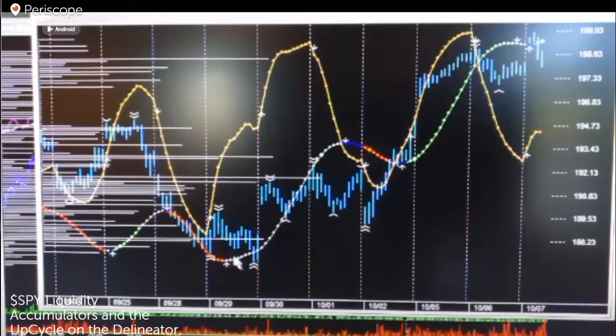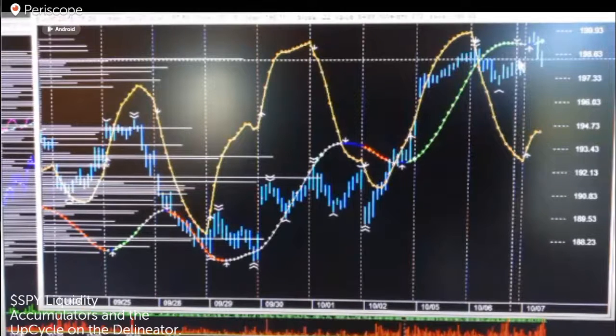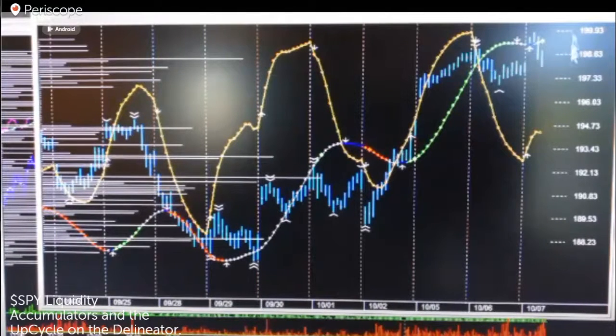When the primary delineator turns up or down from an overextended level, which is a measured amount, in this case anything over plus 90 or minus 90, and if we use our crosshairs here, we can see that it turned down from minus 92.44. As of the close yesterday, the delineator was plus 83.05, and at the moment it's plus 85. So it's at the very upper end of its